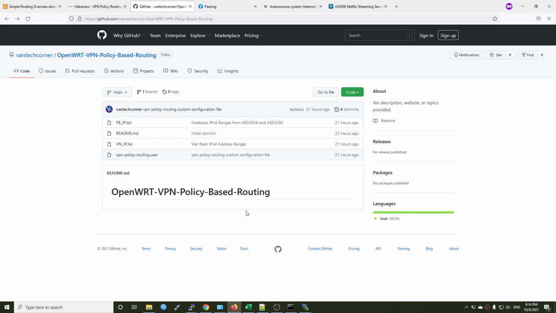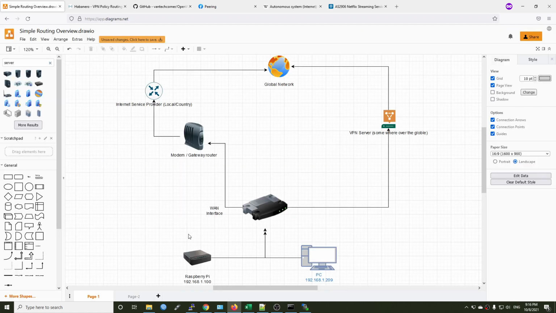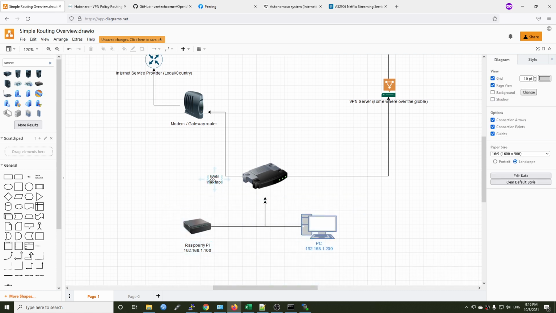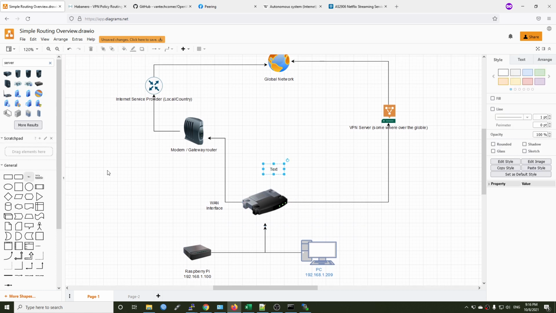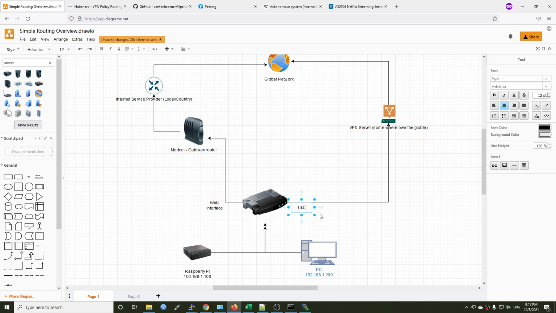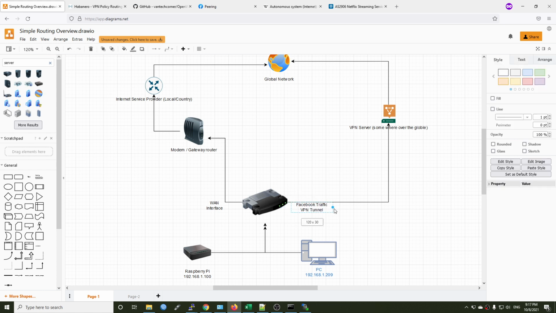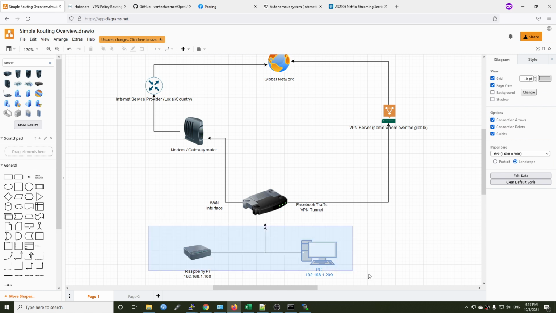So now we have everything ready, and let's do the specific configuration. The first scenario, I want all of the traffic to be routed to the WAN interface to the internet. Only Facebook traffic will be routed to the VPN tunnel. So let me put it down right here. Okay, so Facebook traffic, VPN tunnel. Alright, so the normal traffic goes to the WAN interface as usual, and the Facebook traffic goes to the internet via